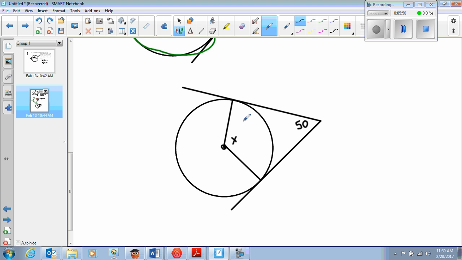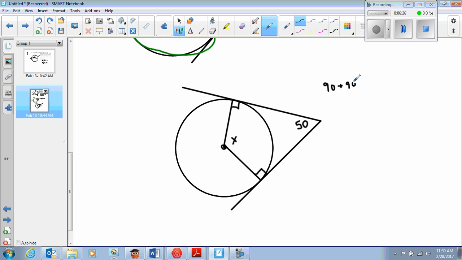We don't really have it, but what we do have is that this is a tangent line intersecting with the radius, which is always going to make a 90-degree angle. This is another tangent line, remember, a line that just barely touches the circle, intersecting with the radius, so it's also going to be 90 degrees. Making this a four-sided figure, all four-sided figures add up to 360, so we could do 90 plus 90